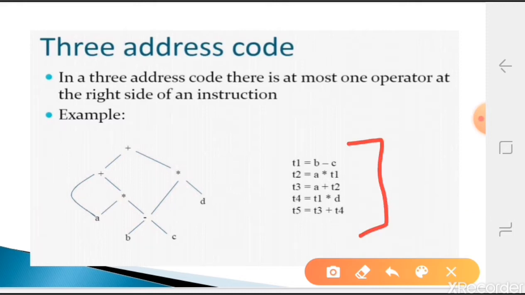So in 3 address code, on the right hand side of the equal to, you will always have only one operator. Okay, so by default you have to have one operator. Plus, minus, anything, just one operator should be there on the right hand side of the equal to. Operands will vary depending on the operator.